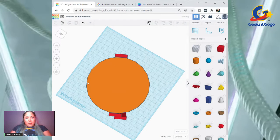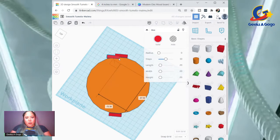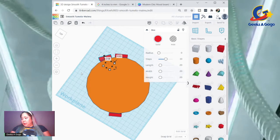Looks good. And then I'm just going to repeat it and go all the way around here while changing the angles a little bit. Looks like that thing has a little bit of a gap, so I'm just going to leave a little bit of a gap there. Okay. So while I'm doing this, it's time to...